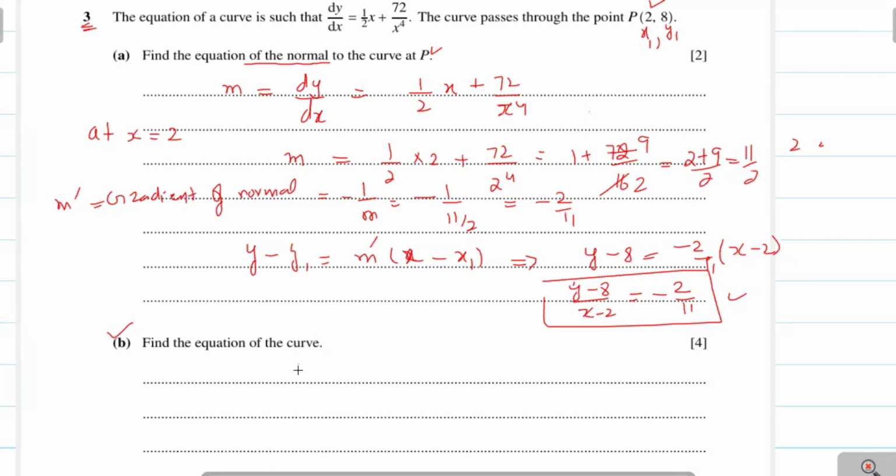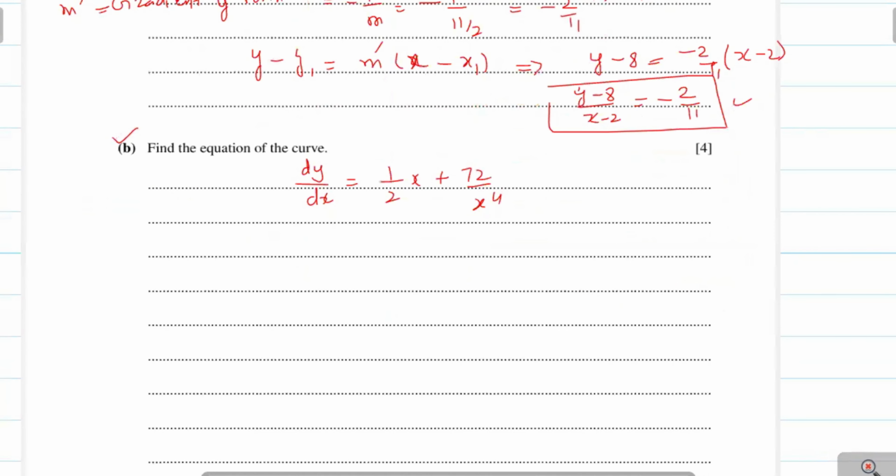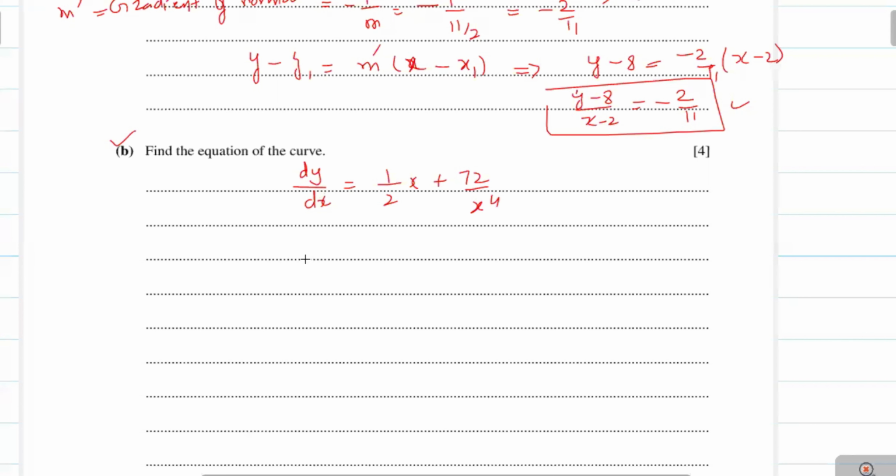Here the gradient of the curve is dy over dx equal to 1 over 2x plus 72 over x power 4. We can write this equation dy equal to 1 over 2x plus 72 into x power minus 4 into dx. Now we take the integration on both sides, therefore we can write the integral of dy equal to the integral of 1 over 2x plus 72 into x power minus 4 dx,